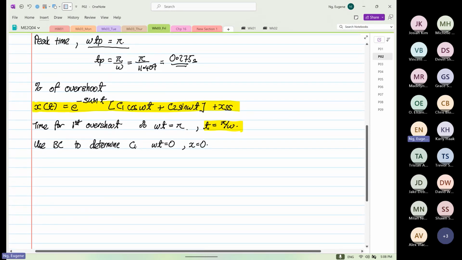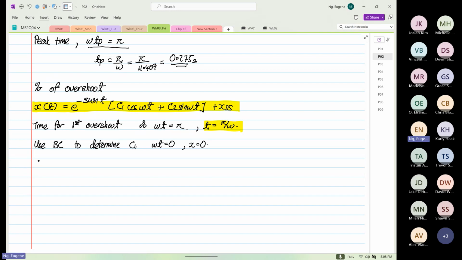So we know now that this is equal to 0, e to the minus zeta omega n multiplied by 0, right? Or yeah, 0. So this is C1 cos of 0 plus C2 sin